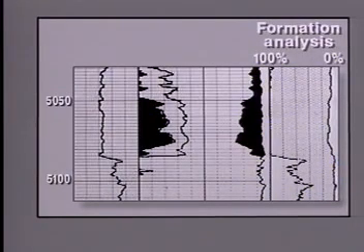In track 4 on the right of the log, on a scale of 0 to 100%, we see a formation analysis showing the clay fraction, a matrix solids fraction, and the porosity fraction in white. Note that our productive interval is calculated to be shale-free,